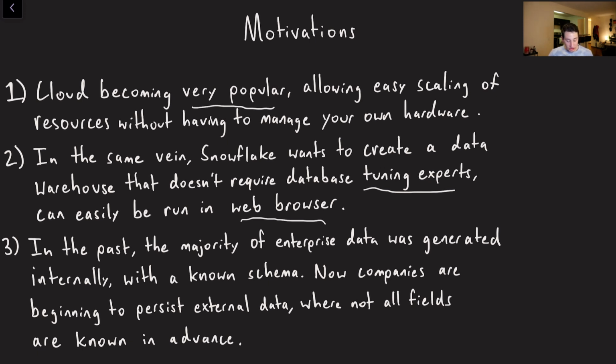So basically, I guess the gist is that another change here is that in the past, probably in the early 2000s, maybe late 90s, the majority of the data in these types of data warehouses was internally generated, right? This is all internal enterprise data coming from your application. However, as times change, in the early to mid-2010s, you start to see a lot more external data that companies are trying to capture and also log for themselves, right? This is really important for something like machine learning or AI or anything like that in general.